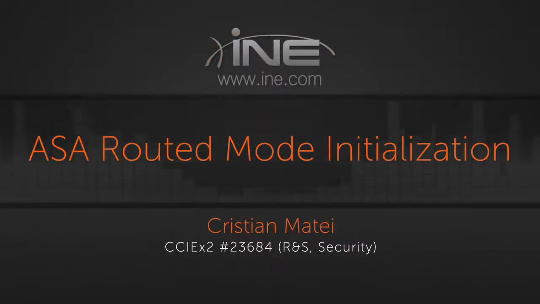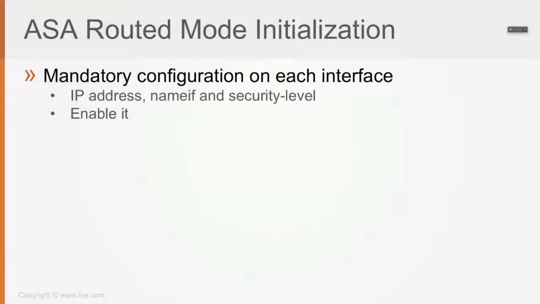When the ASA boots up, assuming it has the code running, everything will be unconfigured: all of the IPs and all of the interfaces. So to get the ASA up and running, you're going to have some mandatory configuration on each interface: an IP address, a nameif and a security level, and then enable the interface via the no shutdown